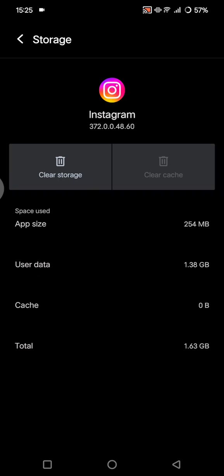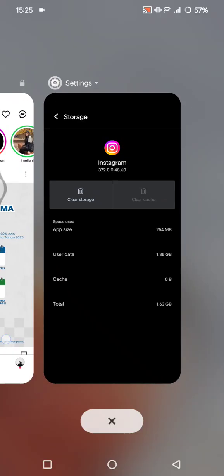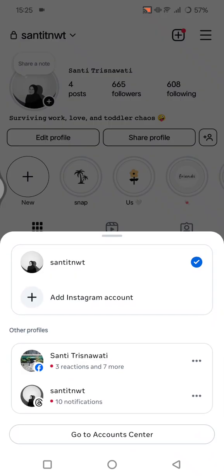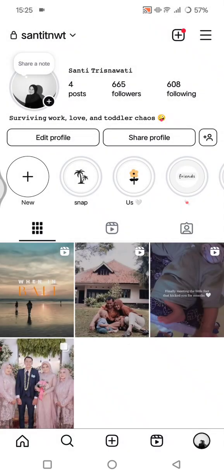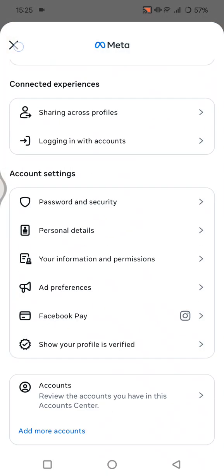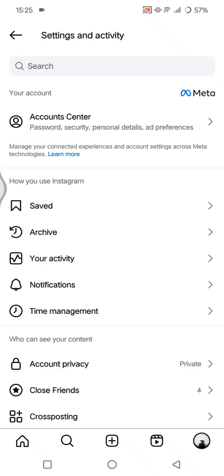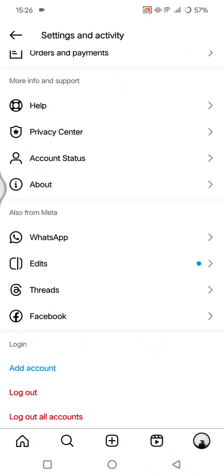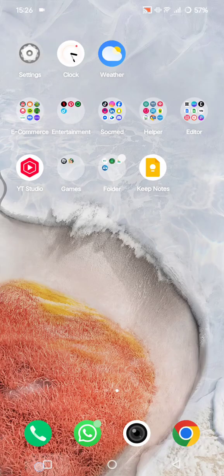Okay, but if you are an iPhone user, you can try to uninstall and reinstall the app to clear the cache. Next, you can also try to log out and log back in. You can go to your Instagram to log out. Here you can just tap on your name at the top and go to the settings. Click on the three lines icon. Then just find the options to log out, usually at the bottom. Scroll down, this one, click on log out, and then close the app completely like this, and log back in